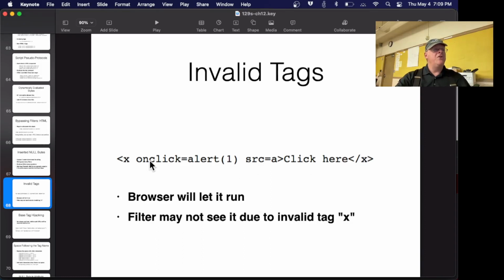And now, even though this is an invalid tag, you'll be able to click here and it'll run the event handler, even though the